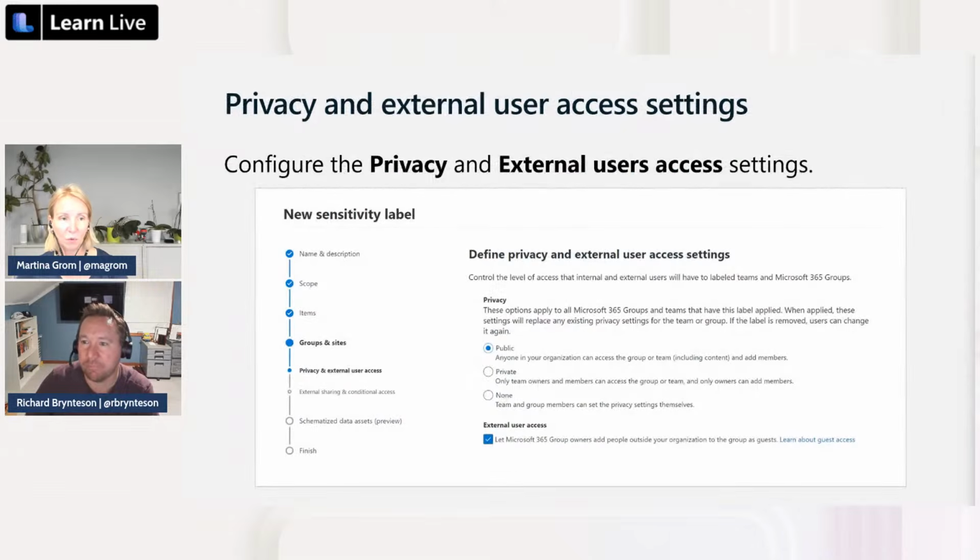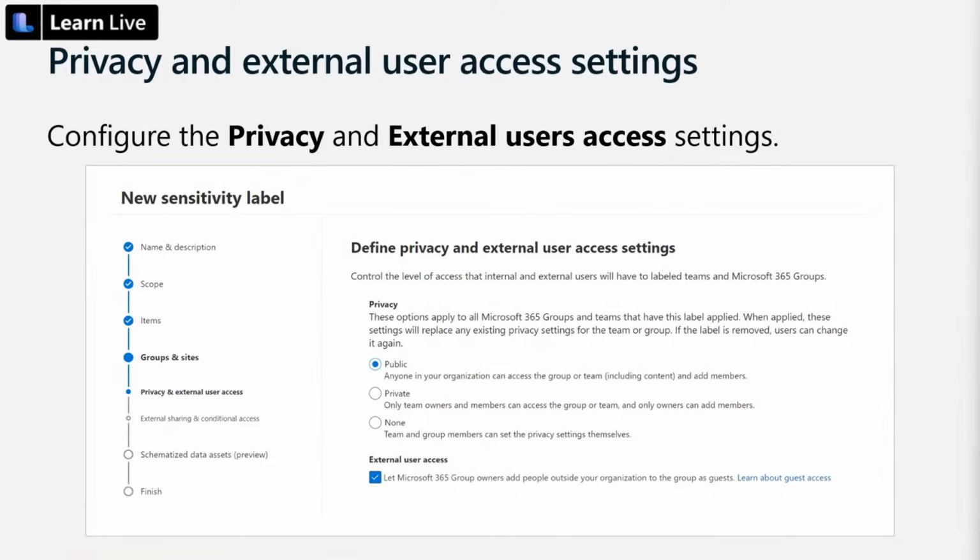And when we go through that, if we configure that, as I mentioned before and as you see here on the demo screen, when you're configuring your labels, you can configure privacy and external user access. That means the privacy level: if you do it for Microsoft Teams, it's really important that you say the privacy level of the team is private.